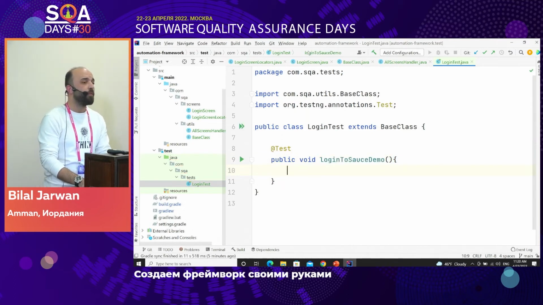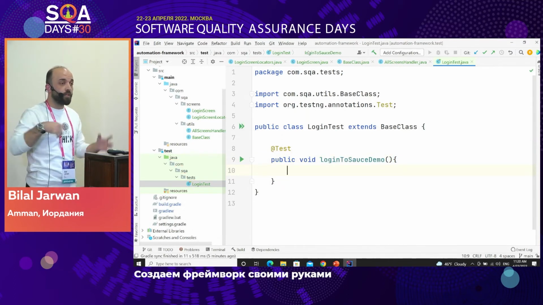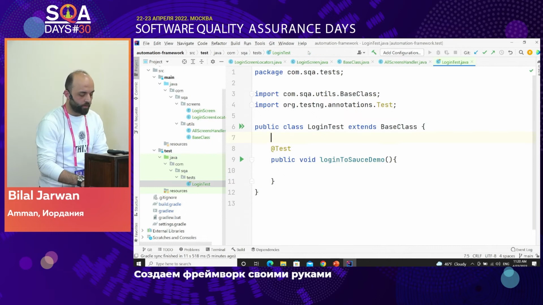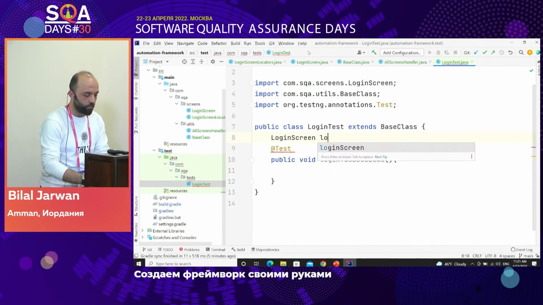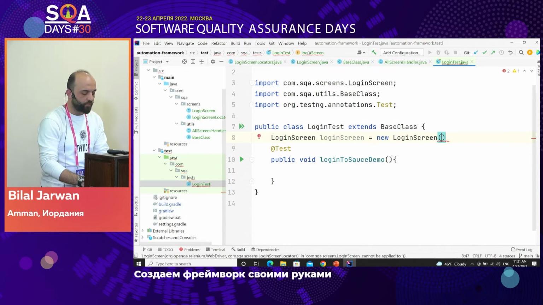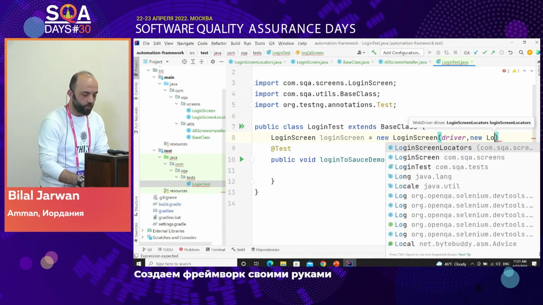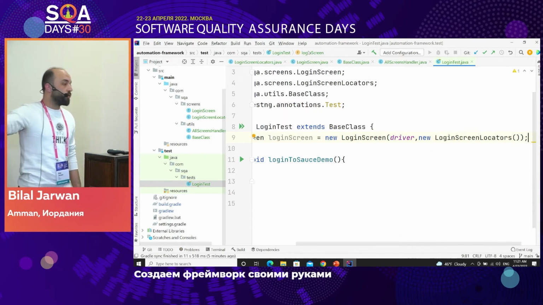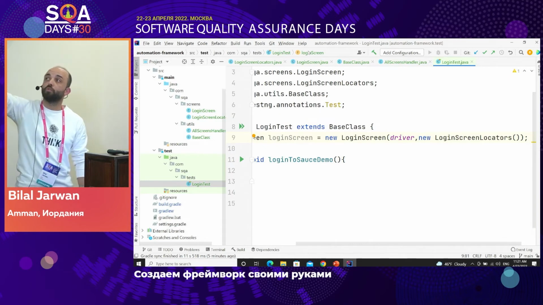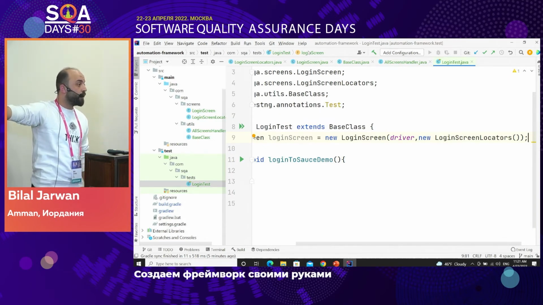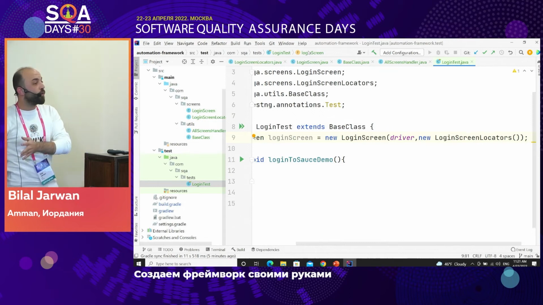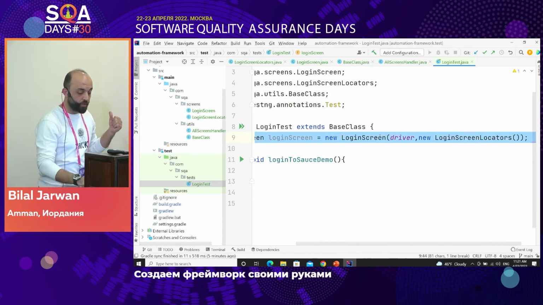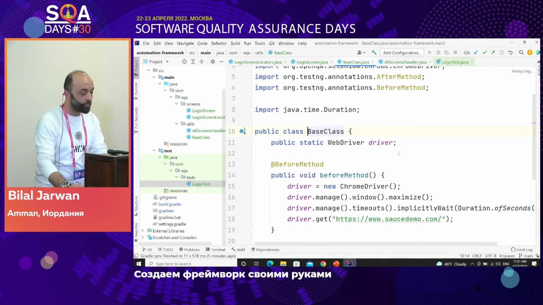In this method, how can we call the AllScreensHandler? We need to work on the login screen. Do you think it would be better to say loginScreen equals new LoginScreen, and every single time pass the driver and new LoginScreenLocators and so on? If you are using the login screen in all of the test classes, you will have to create the object every time. To prevent this issue and to follow the DRY principle that we talked about in the slides, you can remove this one, and in the base class, in a simple way, you can say